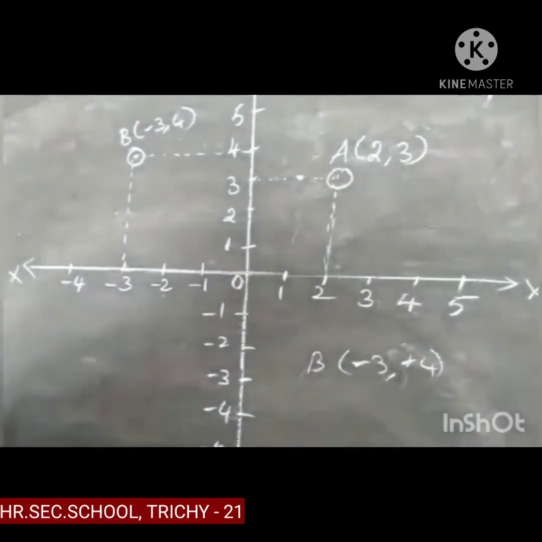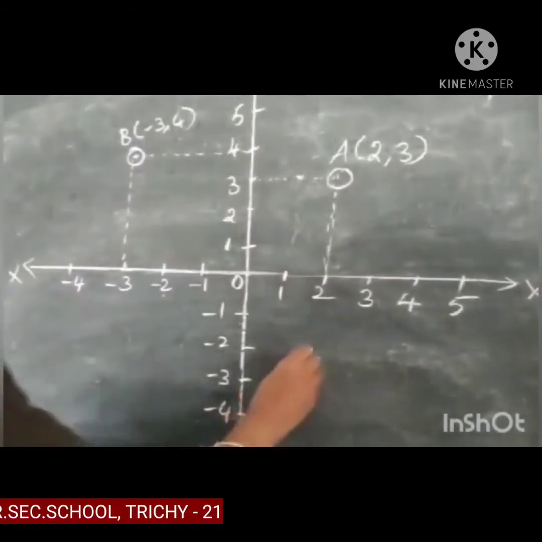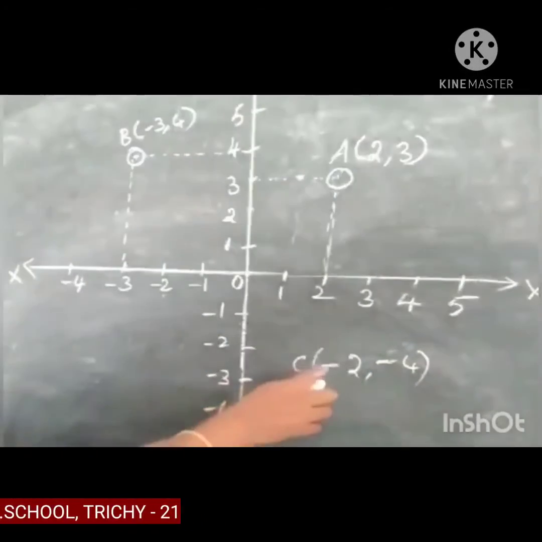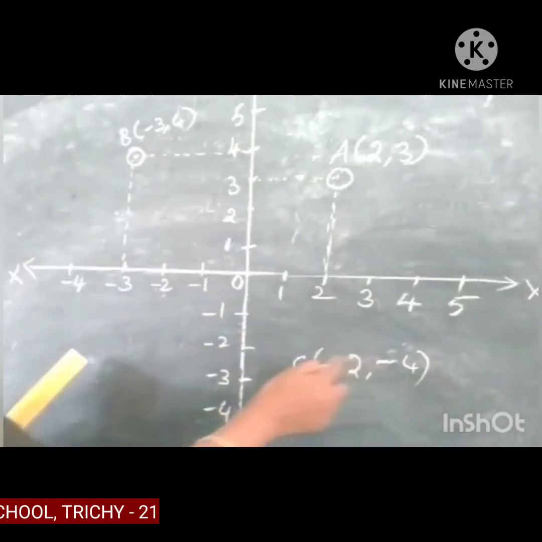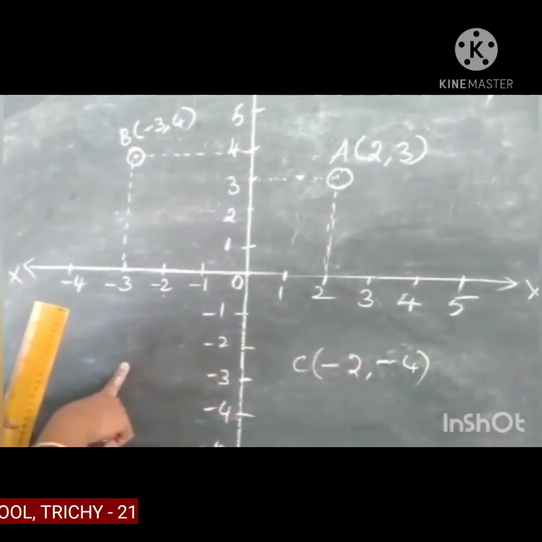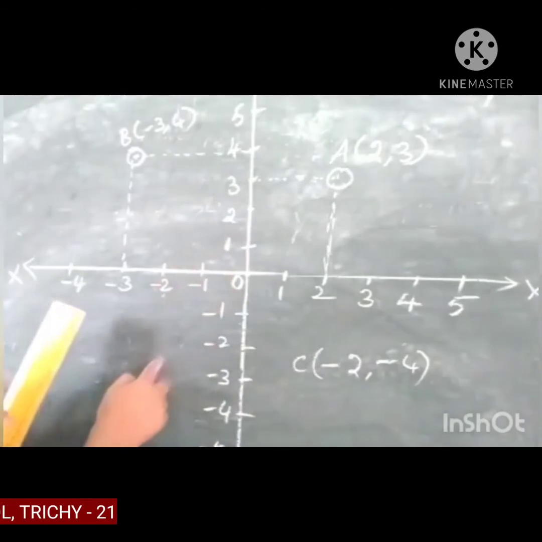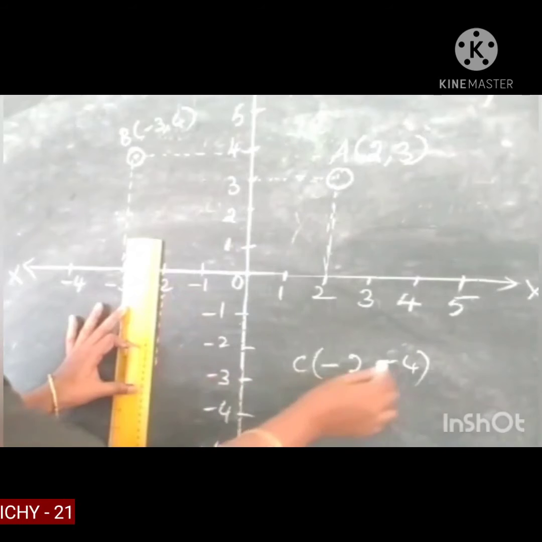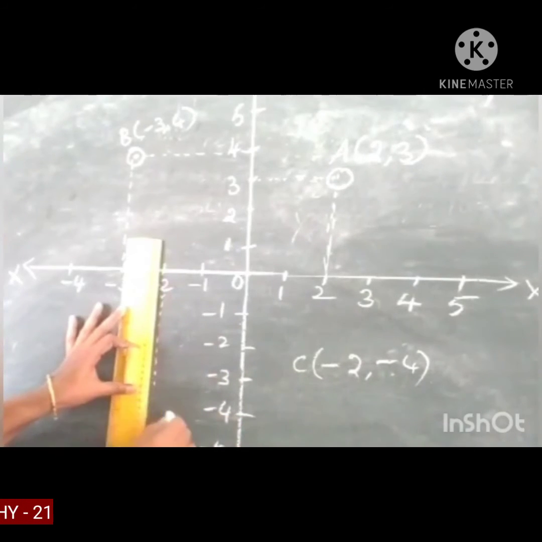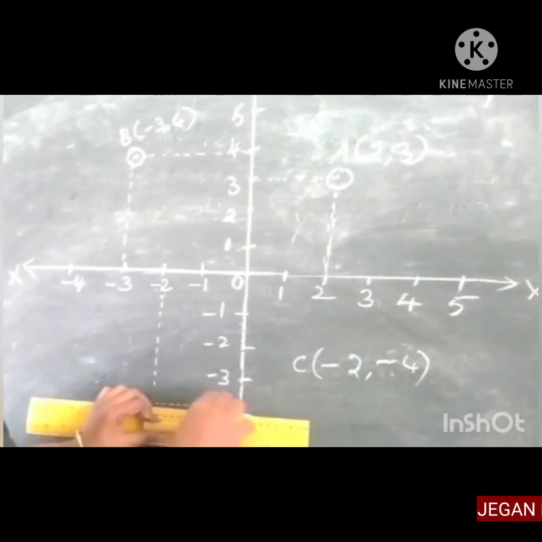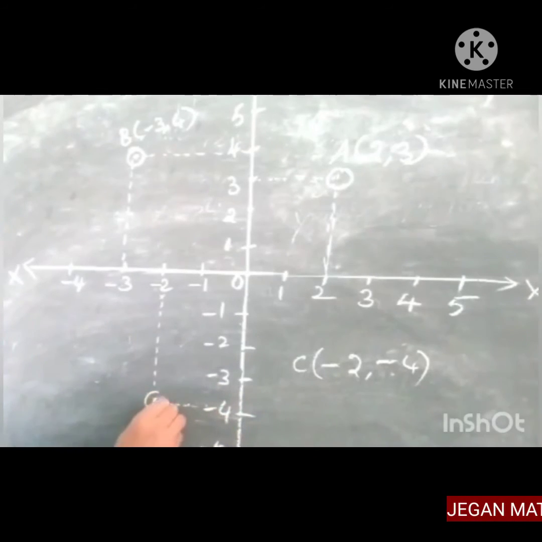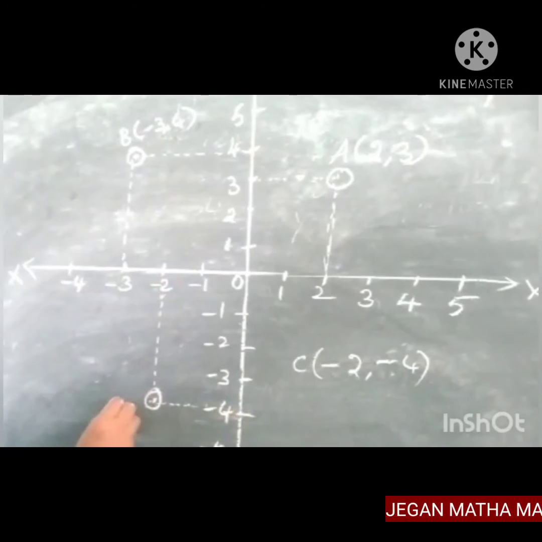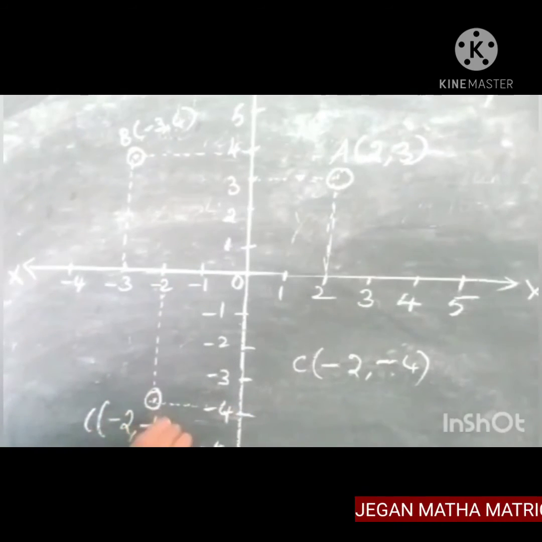Now let us see the third point. Is it clear? The third one, C. Point C is minus 2, minus 4. See here, point C, the first one is the x-axis, the second one is the y-axis. Both are minus numbers, so mark that point in the third quadrant. Minus 2: again using your scale, put the dotted line like this. Here minus 4, where is it? Here. Then here also you have to draw the dotted lines, so the two lines join at that point. Mark that point, -2 and -4. That is point C (-2, -4).